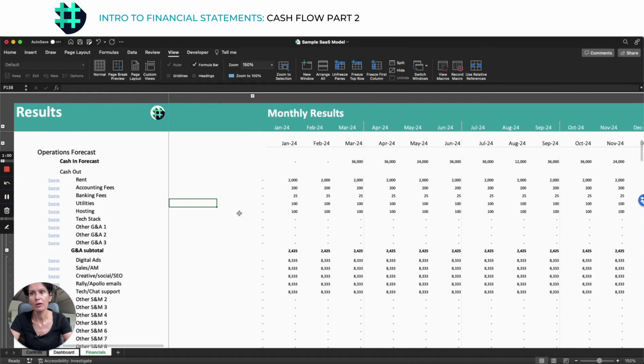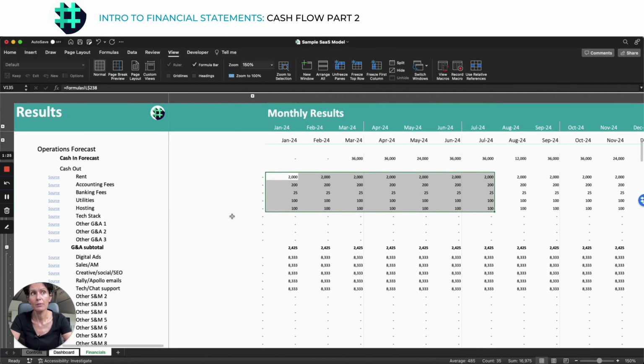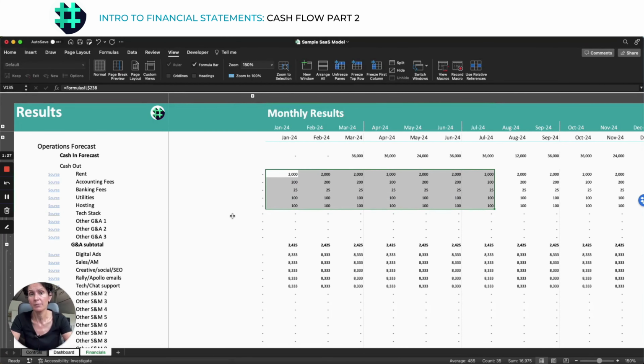and we divide it into G&A, which means general and administrative expenses. So this might be things like your rent, whatever you might be paying your accountant or bookkeeper, banking fees, and so on. So this is basically all of your kind of fixed expenses that you're paying out on a monthly basis. You can see that these are all predictable and essentially the same on a month-by-month basis. So you can forecast them annually, and the model will then just divide up those costs on a monthly basis